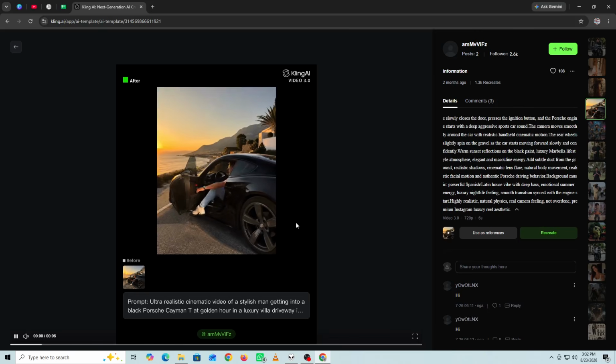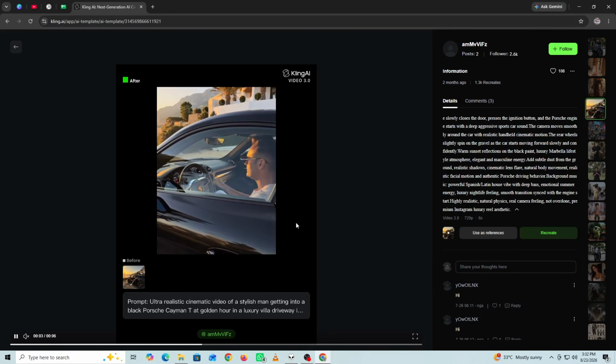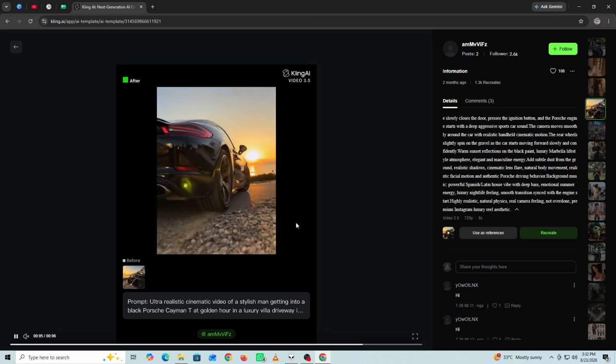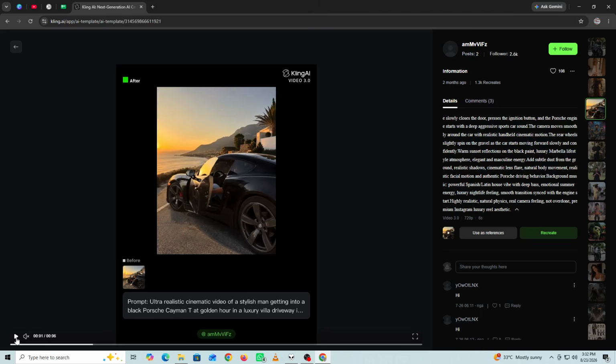You can also use image to video when you already have a strong visual concept. Start with a clear image and add interesting but controlled movement. Once your clips are ready,